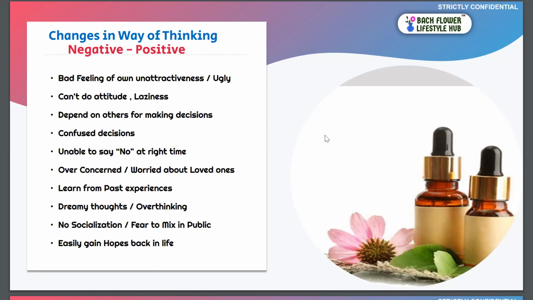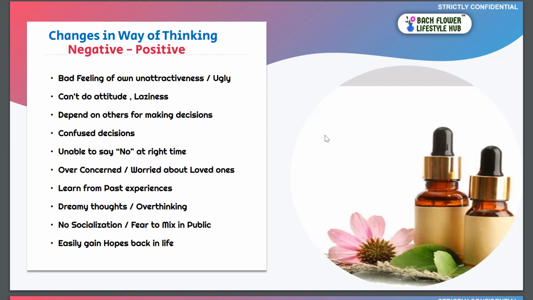But the feeling of love, self-love, and the feeling of taking care of our life is really great, and we should not leave that because other people think that we are not good. So for the feelings of unattractiveness and guilt, we can really use the Bach remedies to get rid of them,